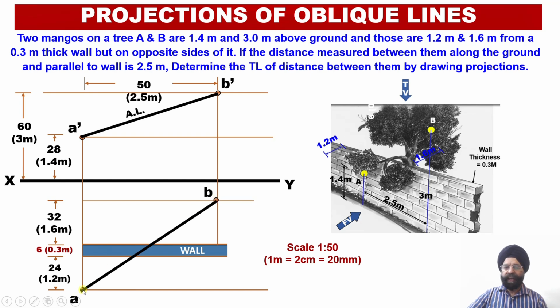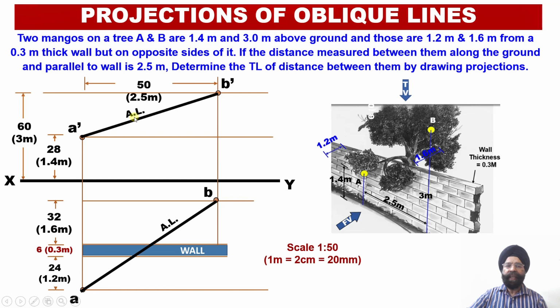So we have joined point A and point B using a black color line, and it is also an apparent length projection which is going to join the points A and B. So with this, we have been able to convert this physical real life situation into the orthographic projections